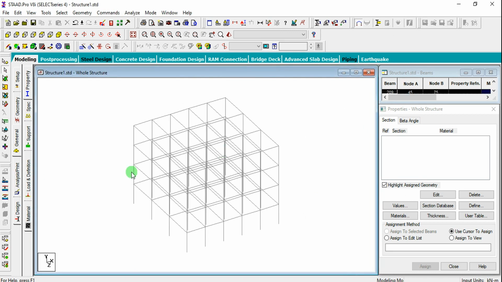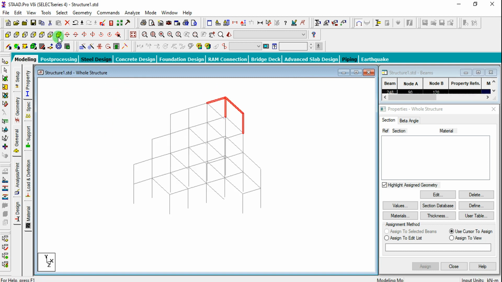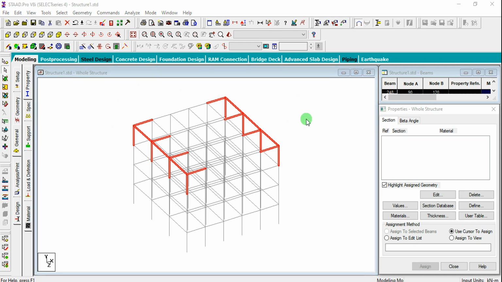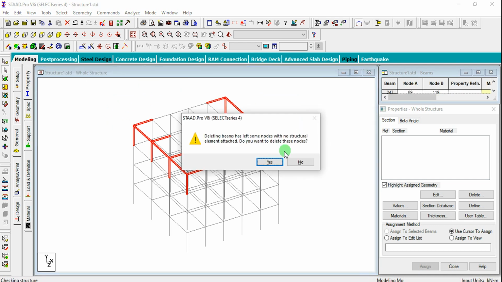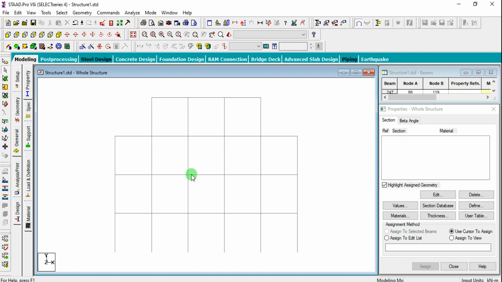Here I want to select this one and edit this one. I want to remove this part and this part. You can leave that portion. In this I'm just going to remove all these things, delete. Yes, yes. So we got the structure like this. Somewhat at the top it is unsymmetrical, I mean the total structure is unsymmetrical now.